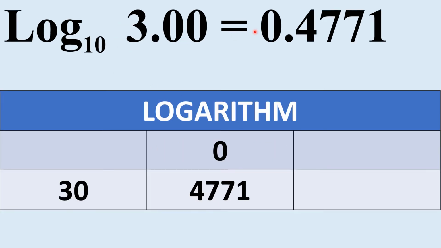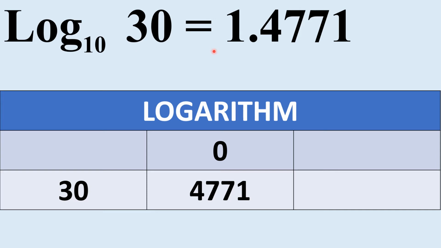Value of log 3 is 0.4771. Here 0 is the characteristic and 4771 is the mantissa. How to write the characteristic? Here in log 3, after that 3 decimal is there, and on the left of the decimal there is only one digit. From that one we have to subtract 1. So 1 minus 1 is equal to 0. The 0 is the characteristic. Now how to write the mantissa? In front of 30, so this decimal you have to ignore. In front of 30 under the column 0, in the logbook you will get 4771. But 4771 is the mantissa and you have to write it after the decimal. Thus value of log 3 is 0.4771.